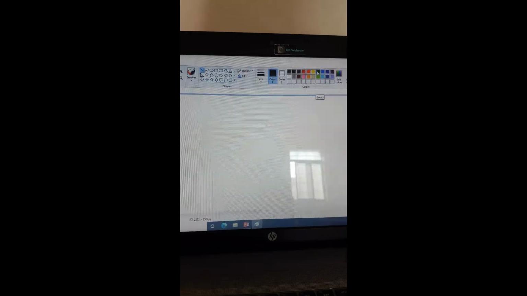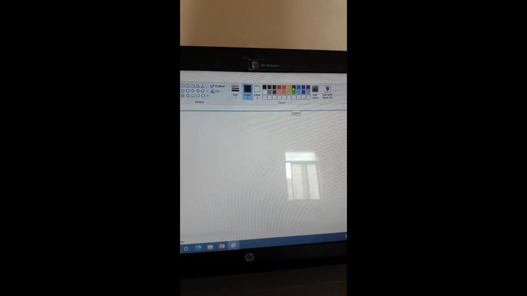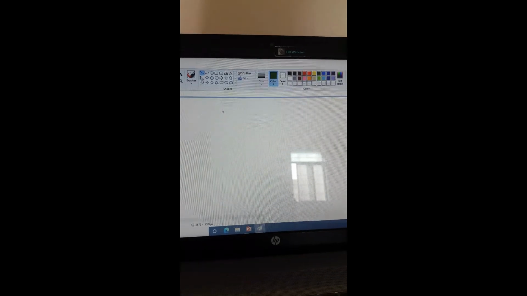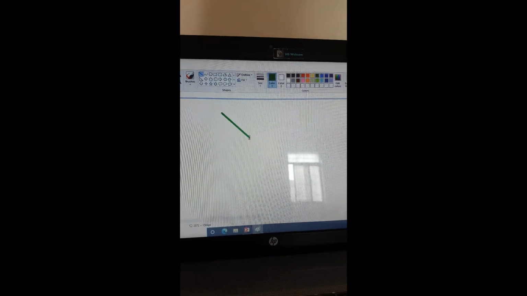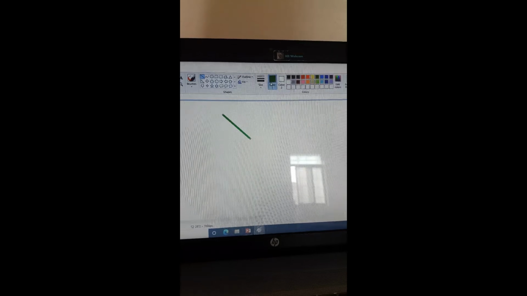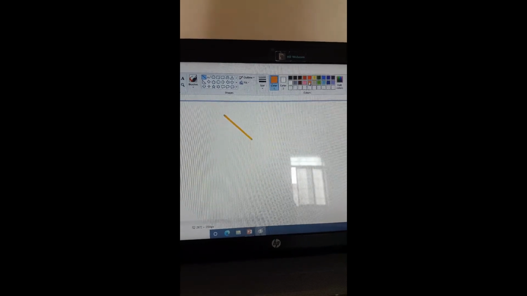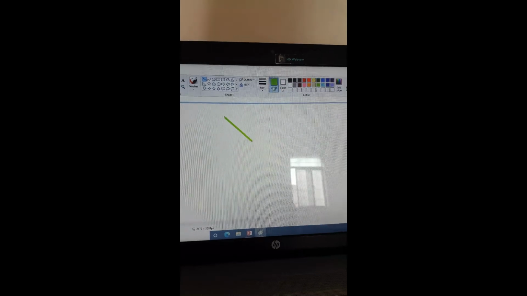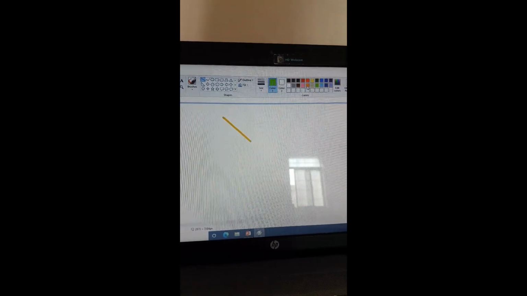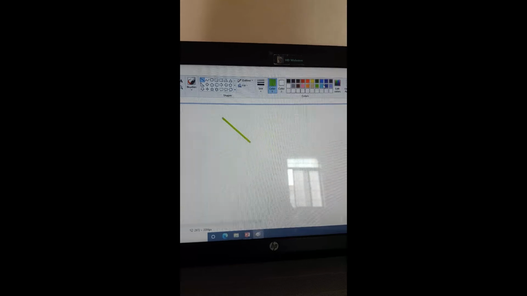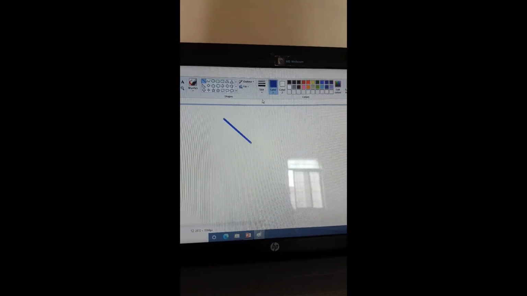Click on color 1, then choose any color from this color palette. Now drag your mouse to the drawing area and draw a straight line. Got it? You can also change the color. Click on color 1 and change the color of this line. Got it? That is how to use the line tool in the Paint application.